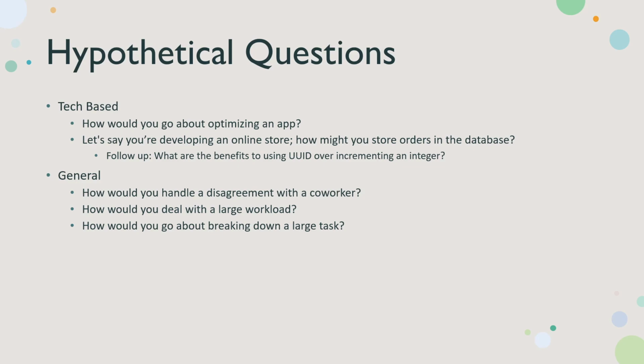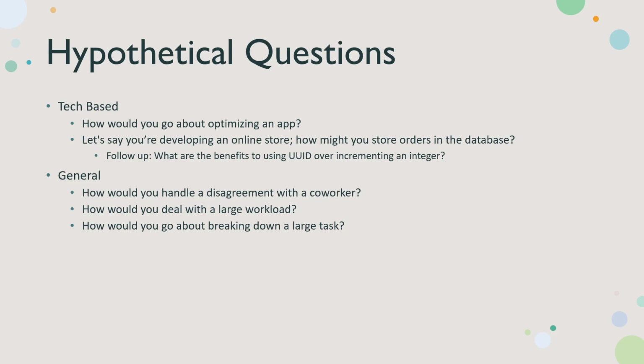The question might be a little bit more specific: how would you store orders in the database to prevent any issues in the future with overlapping or anything like that? So you say, okay, I'll use a UUID. I think that would be a great method to do it. And you might talk about some of the benefits, like a UUID is always unique. We don't have to worry about overlapping orders. It's not incremental, so there's no way a customer can get somebody else's order by accident, that sort of thing.